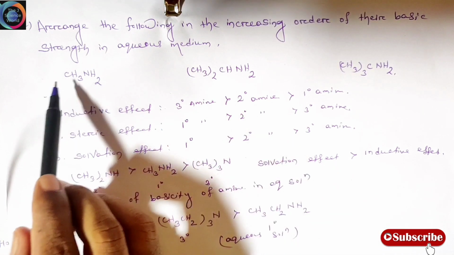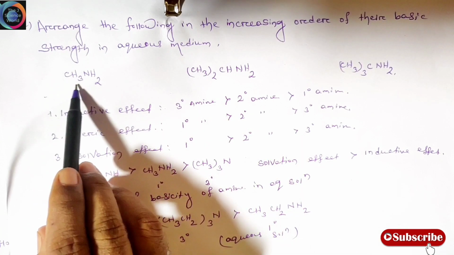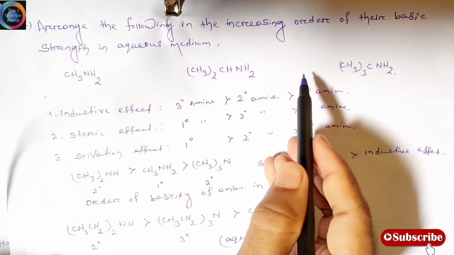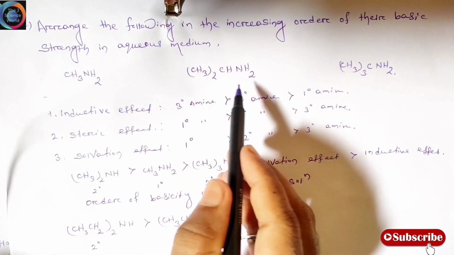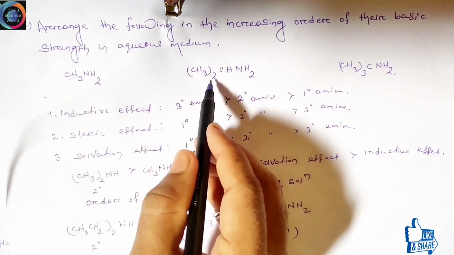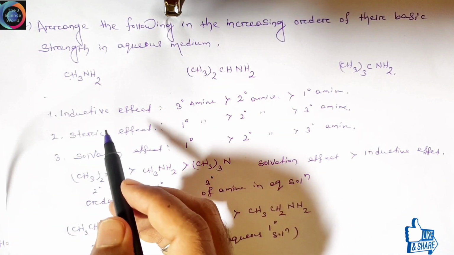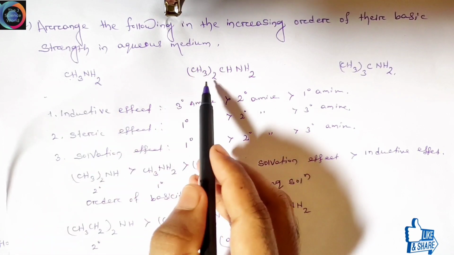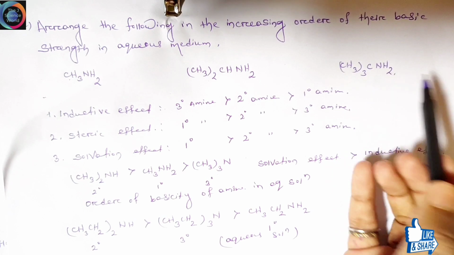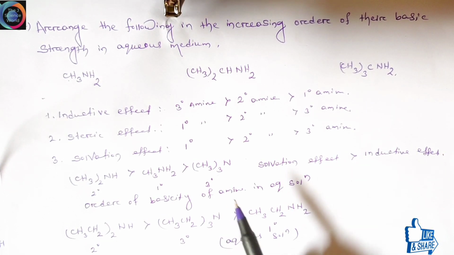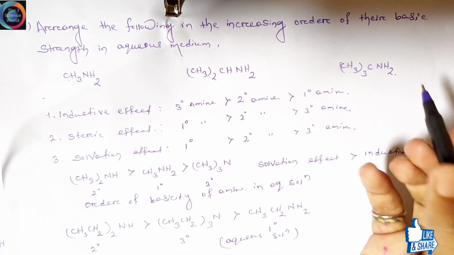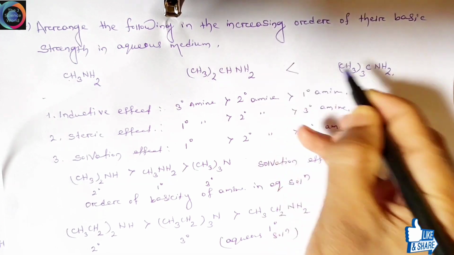But friends, this question asks about three compounds which are all primary amines. So friends, in the case of primary amines, when we compare the basic order of the amines, we simply check the methyl groups. Friends, in this case one methyl group, in this case two methyl groups, and in this case three methyl groups are present closest to the NH2 group. Friends, the more methyl groups present in the compound, the more basic it is.